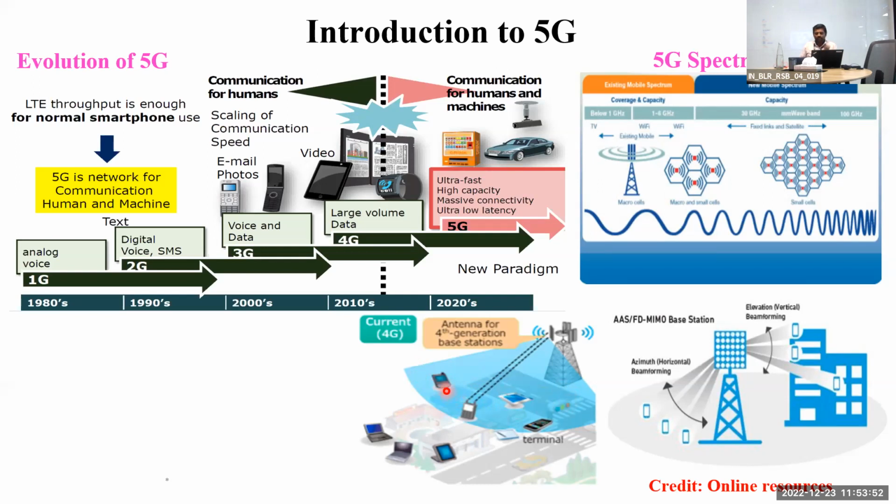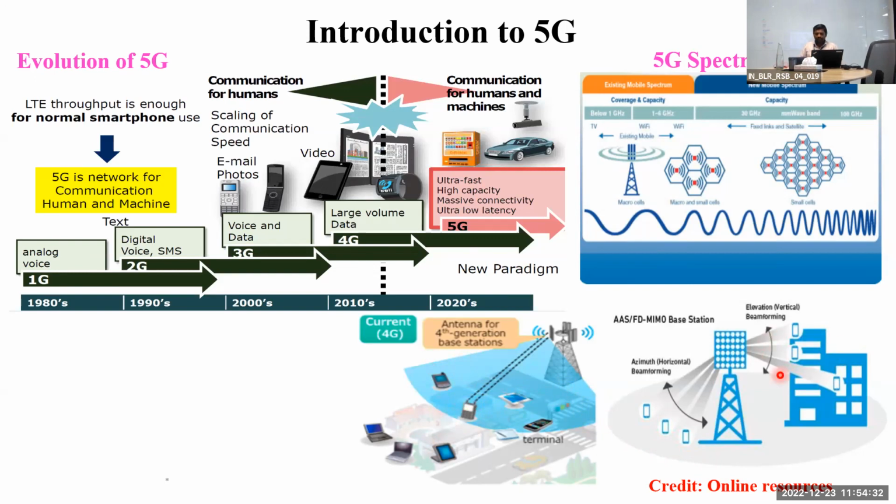I would always give an analogy for this: for example, you have a torch light. You just remove the glass reflector, and if you switch on the torch light, the light will not be visible beyond 5 meters or 7 meters. But the moment you attach that glass reflector, then your reach will go to approximately 50 meters or 100 meters. So that's the concept they introduced here. When you have a broad beam, then your coverage range is going to be affected.